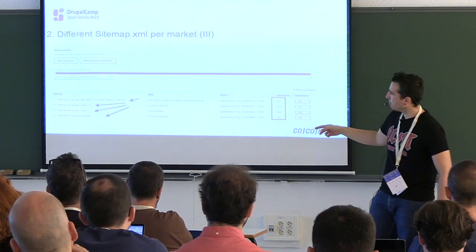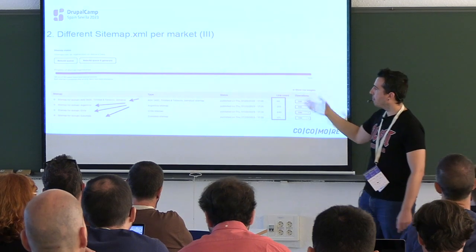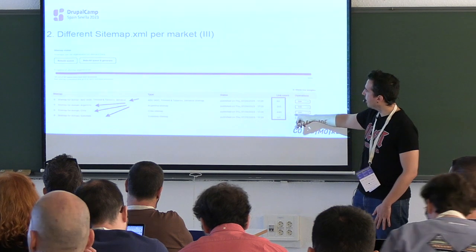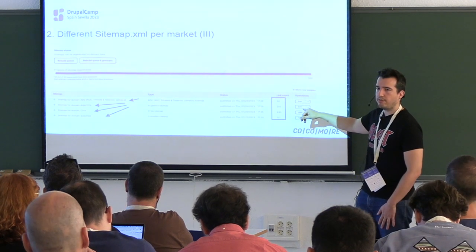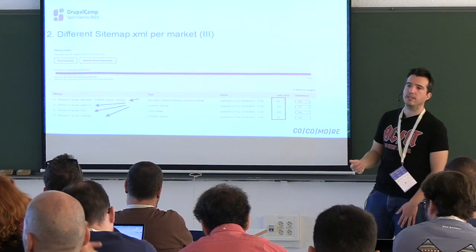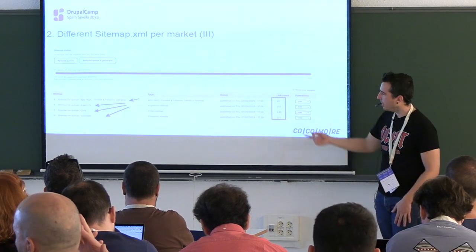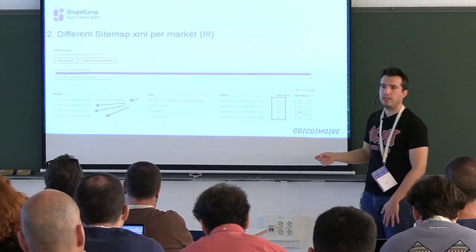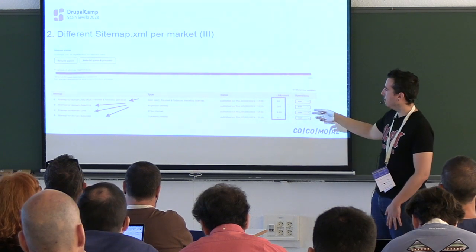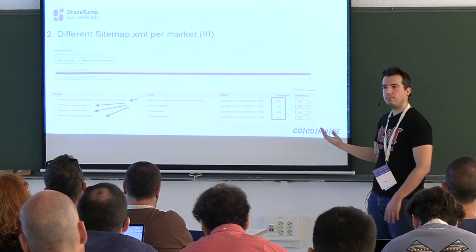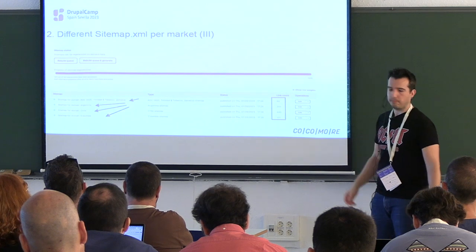You can see the difference from the beginning. Here you see that the link count is different from one to another. Why? Because now we are indexing different URLs per market. So in the case of Argentina, they have 205 content nodes or whatever, but another country probably has more or less. So now we are really making a difference.